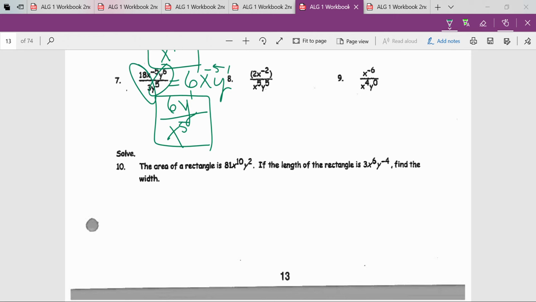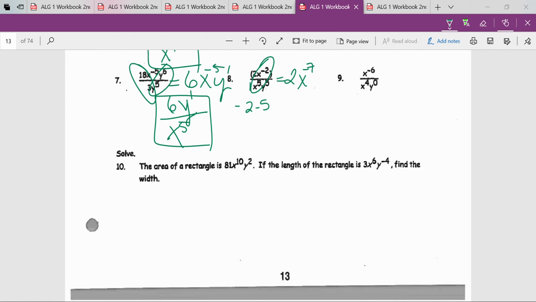We have 2x to the negative 2, and that negative 2 is inside the parentheses, not outside. So we really don't need those parentheses there. They just have them there extra. You can take them off, doesn't matter. The 2, if you want to think about it, there's nothing on the bottom, so it's a 1. 2 divided by 1 is 2. Then we have x to the negative 2 divided by x to the 5, so we have to subtract. Negative 2 minus 5,